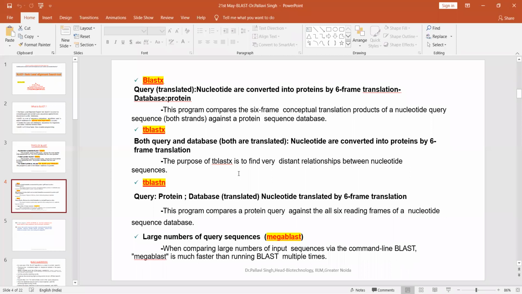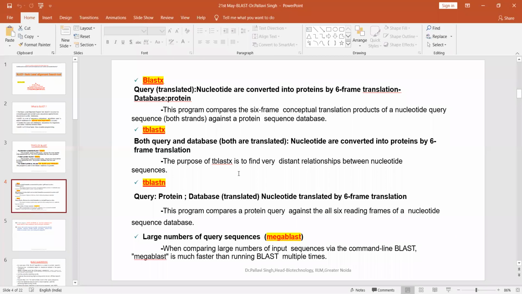Next type of BLAST is TBLASTN. Now the difference between BLASTX and TBLASTN is that here I input my query as a protein sequence. I take a protein sequence and search it against a database which is basically a nucleotide database, but the database will be translated into various proteins and then the search will be done. So I have a comparison of a query protein against a database of proteins only, but that database is not an original protein database.